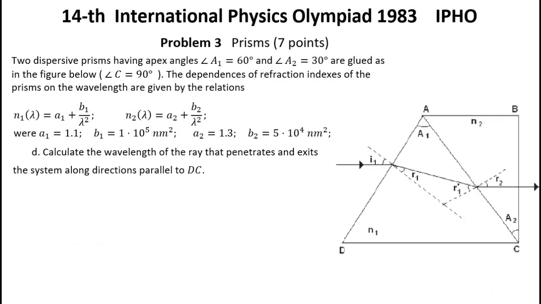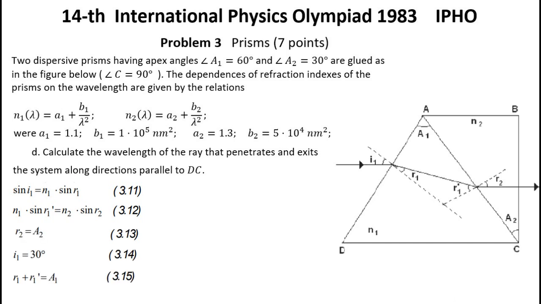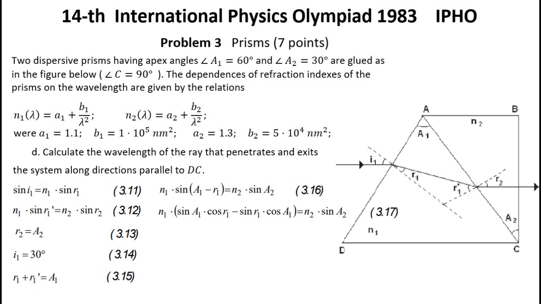Question D. Calculate the wavelength of the ray that penetrates and exits the system along directions parallel to DC. Solution. Using the figure, the refraction law on the AD face is 3.11, the refraction law on the AC face is 3.12, as can be seen in the figure, and I1 equals 30 degrees. Also R1 plus R1' equals A1. Substituting 3.13 and 3.15 in 3.12 it results in 3.16, or 3.17,